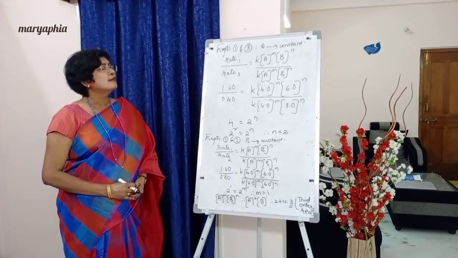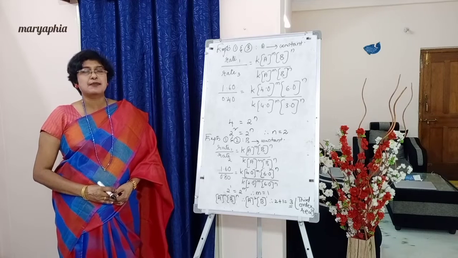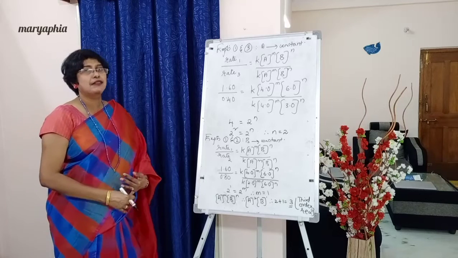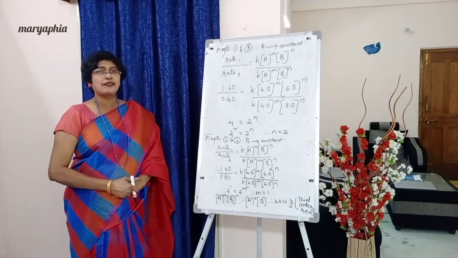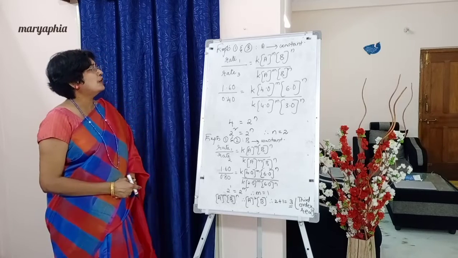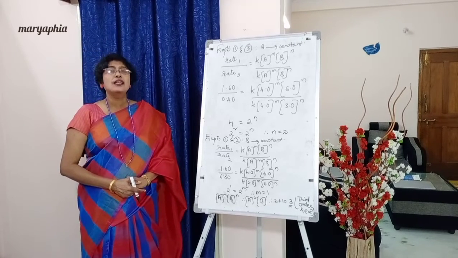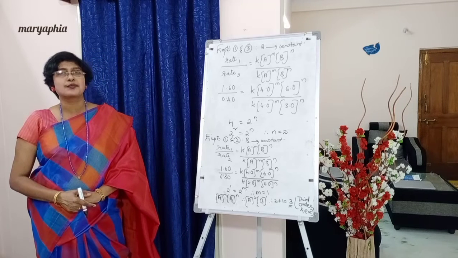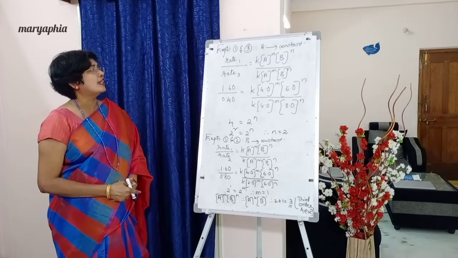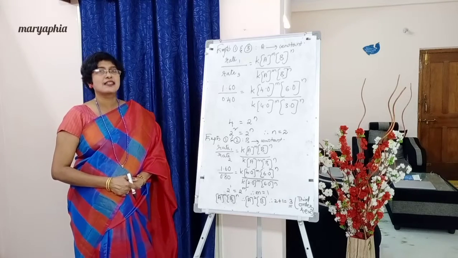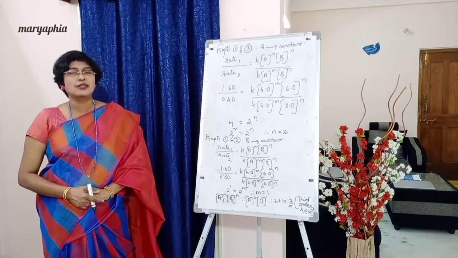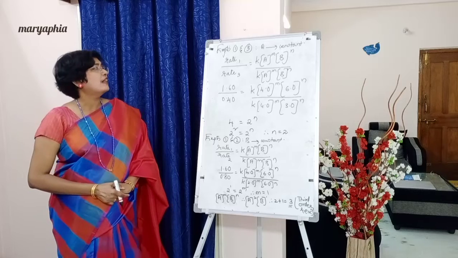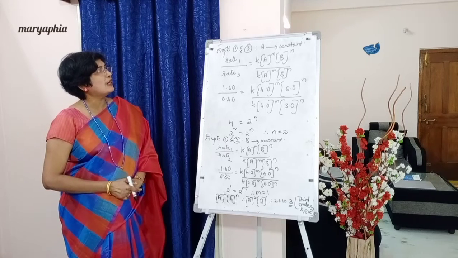So students, below the table, if you observe experiments 1 and 3, we will find the concentration of A is the same in both these experiments. So write down, in experiments 1 and 3, A is constant. Okay, experiments 1 and 3. Now, in such cases, how to find out? Write down, there is a formula, students, for this method. What is rate 1 by rate 3?